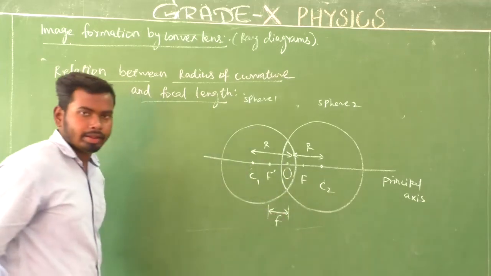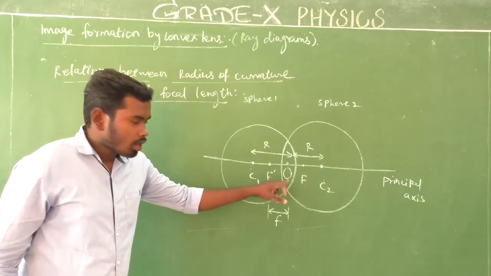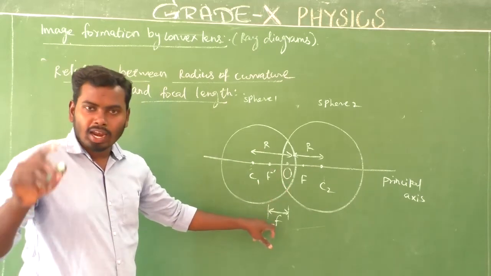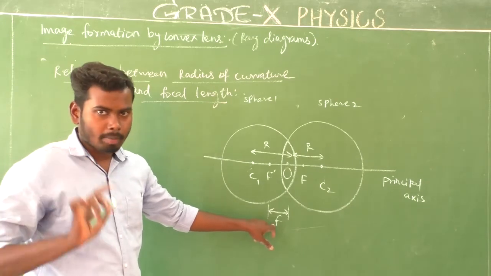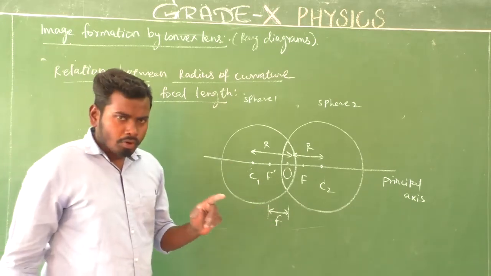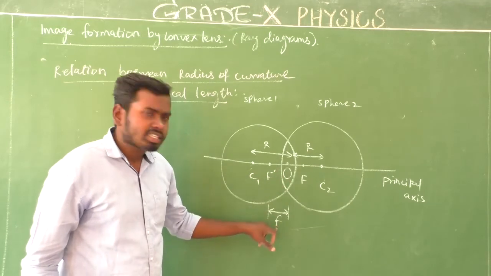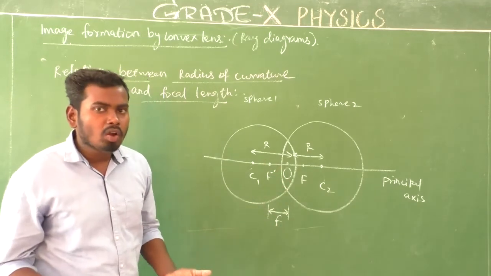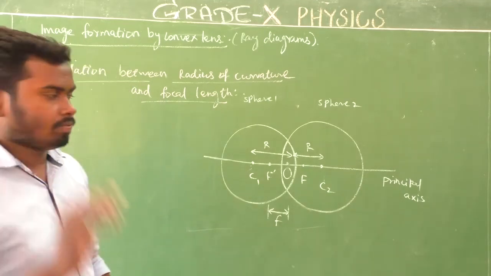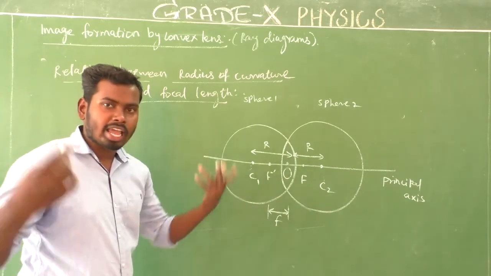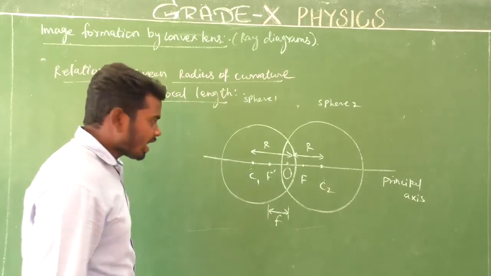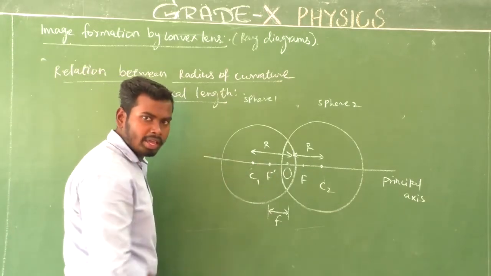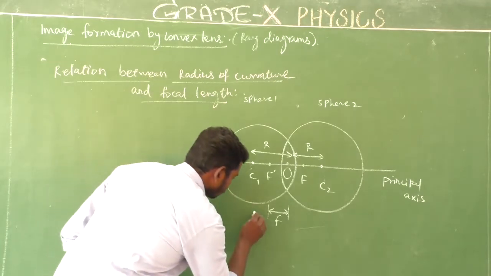This is focal length. Look at here, the distance between optical center and focus, that is focal length. Focal length is denoted by the letter F. Am I right? So, yes. If OF dash value is F, what about the F dash and C1? That value also will be F, because here both distances are the same. Both distances are the same. So the distance between F dash and C1 will be F, that is small f.